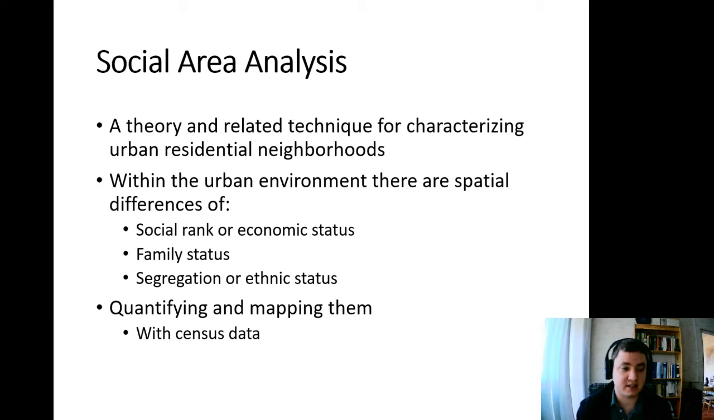Social area analysis is used to map and measure, and most importantly, quantify the spatial differences and segregation of different social groups, such as ethnic, economic status, or aging differences, which is in the slide. We are going to deal with economic status and aging differences within the capital city of Hungary, Budapest. But before that,